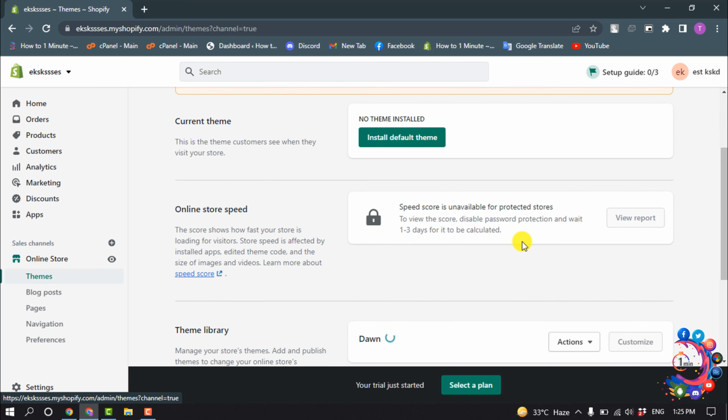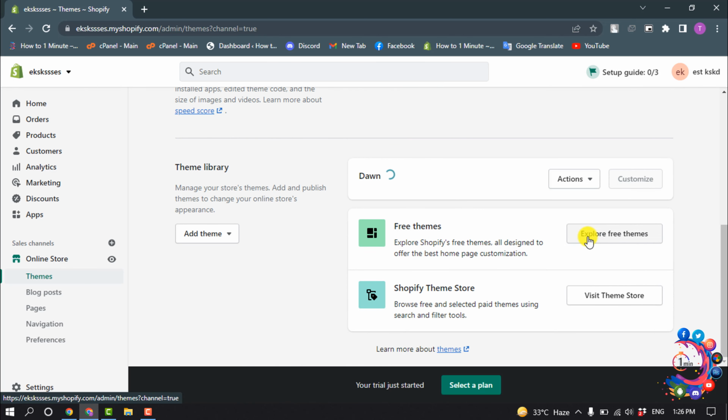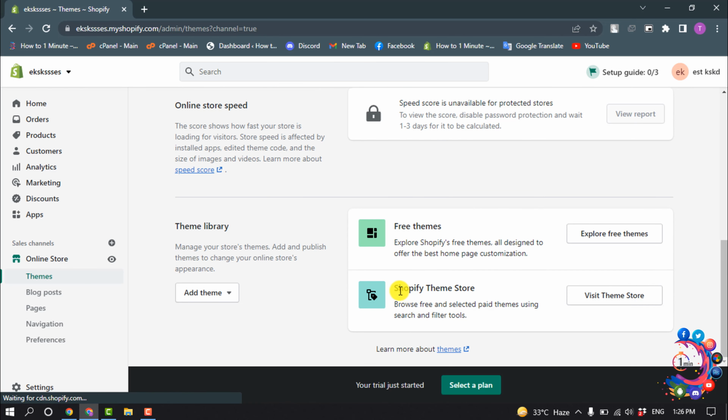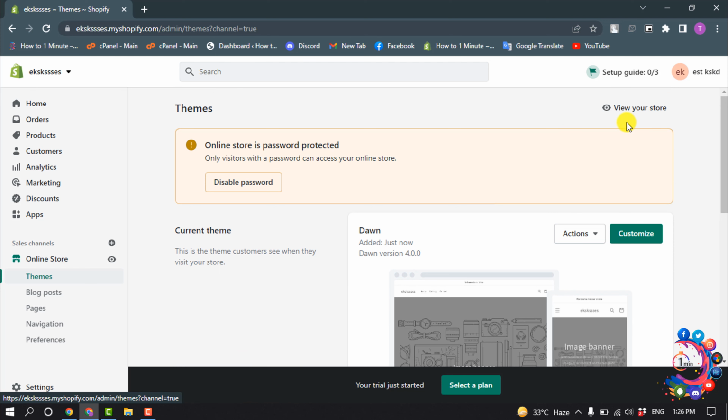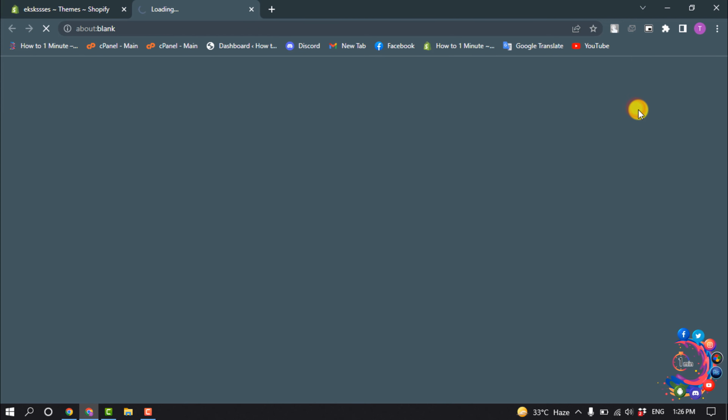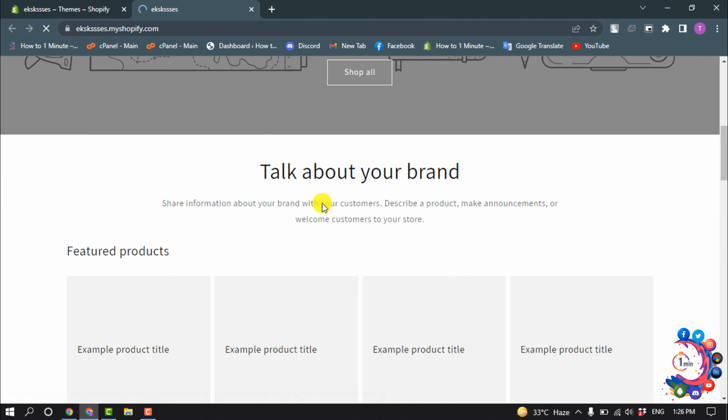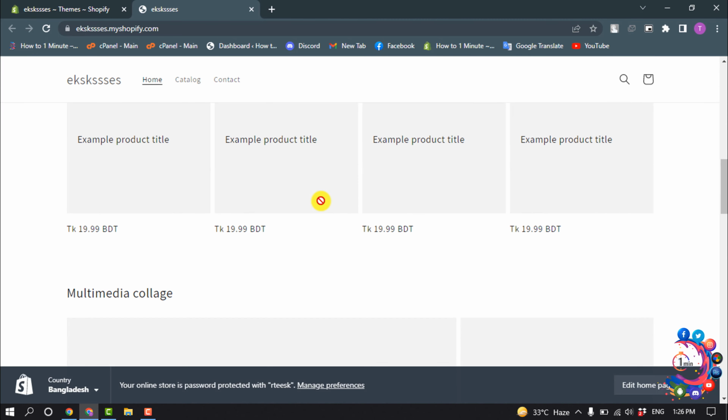and now we have to install a theme. So you can install the default theme by clicking here, or you can visit free themes by clicking here. Also you can see the premium themes by clicking here, but right now I'm going to install the default theme. And to see the store, click on view your store, and here you can see my Shopify store has been